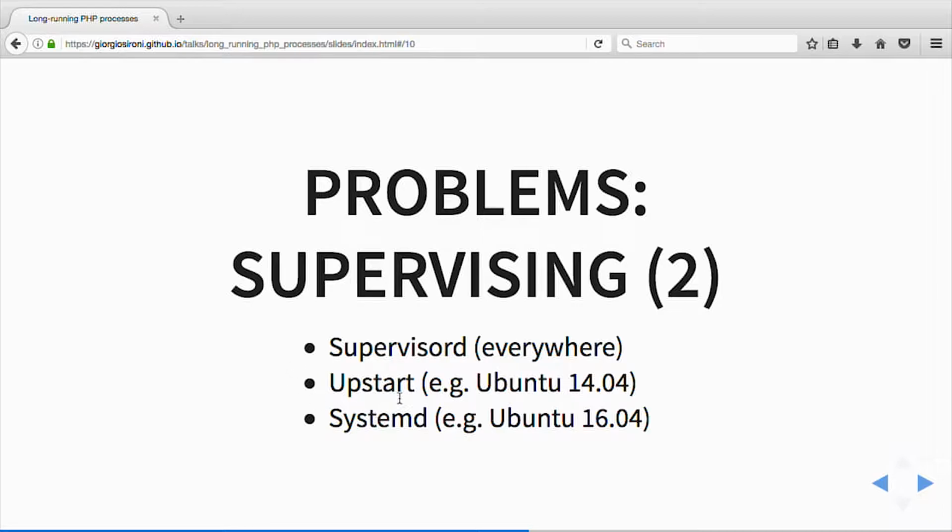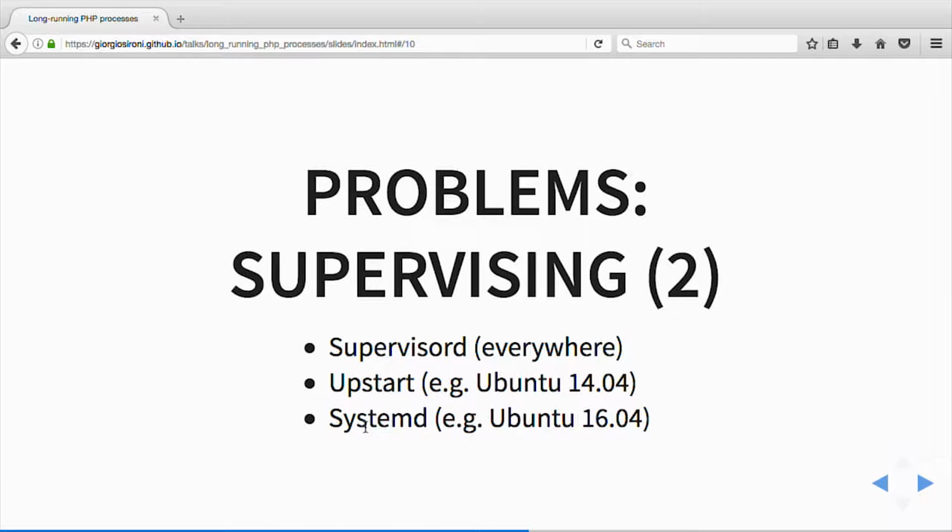If you are on Ubuntu and probably also on many other Linux systems, you have some more specific options. Upstart and systemd are the init replacement. Init is the original process that starts everything inside a Unix operating system, the one with PID 1. And upstart and systemd replaced it. Systemd replaced upstart in the newer version of Ubuntu, and systemd is being adopted in many other distros, the Debian-based, but not just them. So you can put your PHP processes under the supervision tree of upstart and systemd instead,